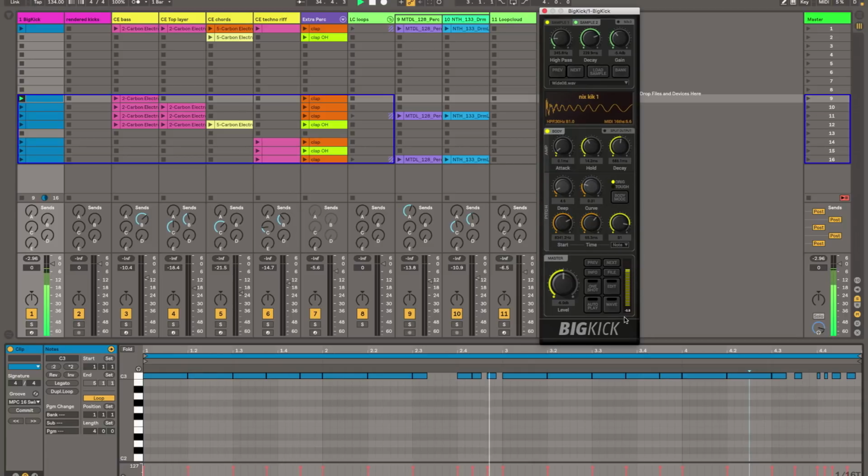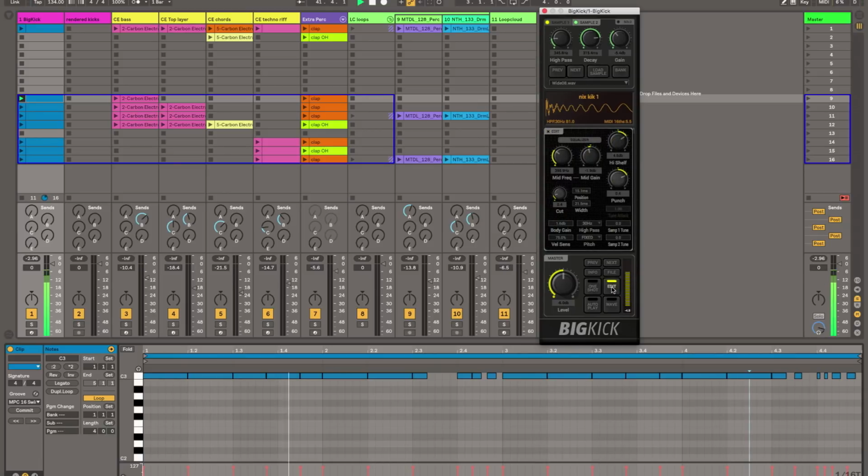I might have lost my way a little bit, so I can always come back to the file menu here and load the preset that I'd made earlier, where I'd actually fine-tuned all this. But there is a little bit more. We can go to the edit menu, and there you can see that there is actually an equalizer, and I've